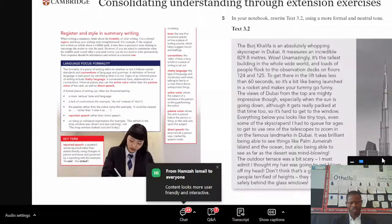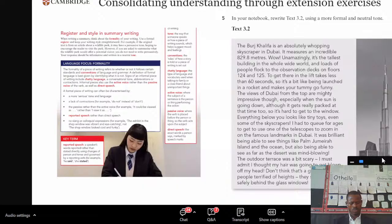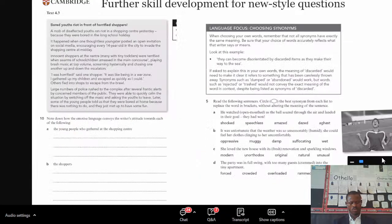So next slide, please. And further skill development for the new style questions. You can see here there's a little exercise in the workbook about emotive language and writer's attitude. So these aren't exam style questions, these are exploring a text